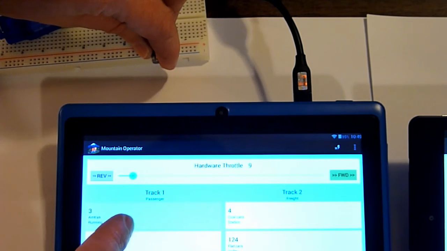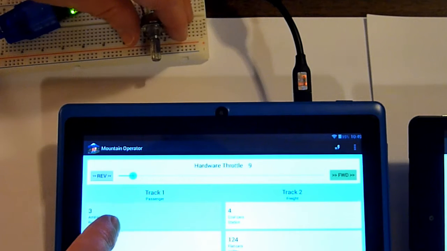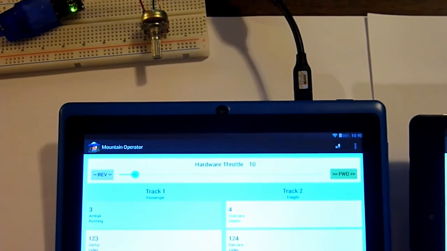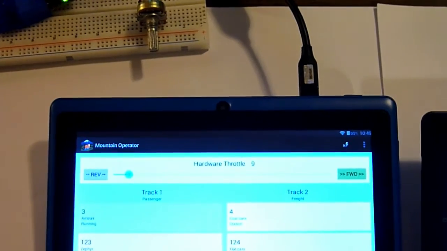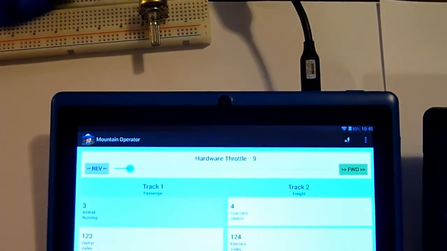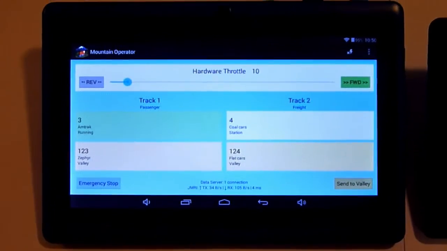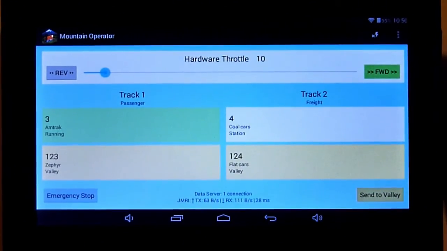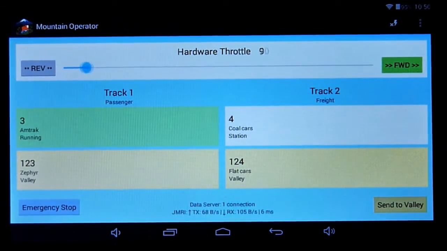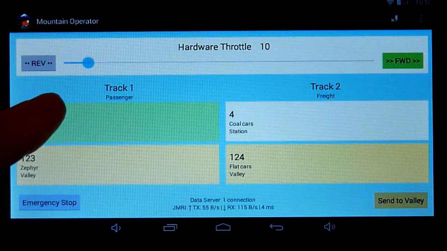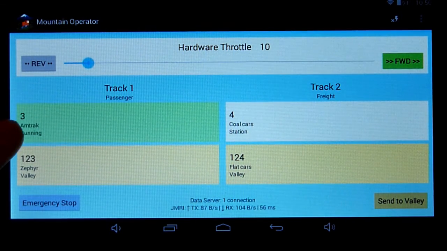It's only acting on the train which is currently running. There can be only one, of course. So here we have a throttle controlling this train.